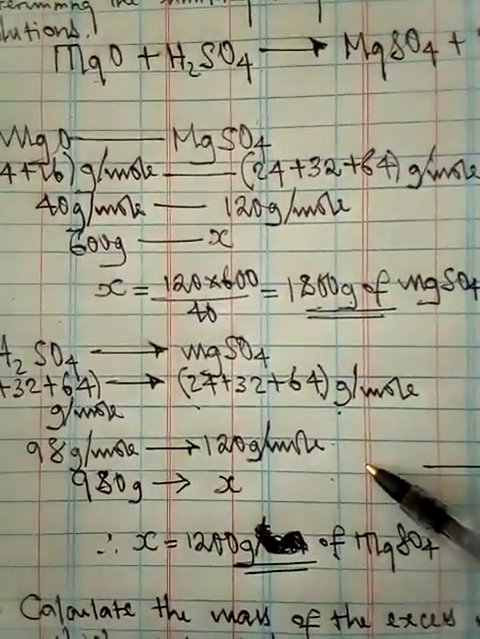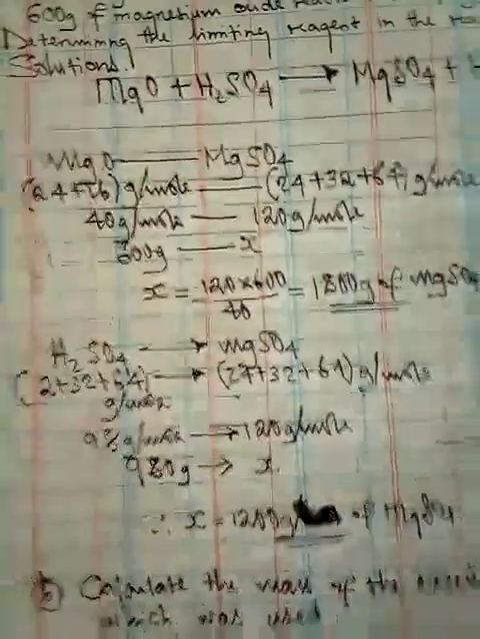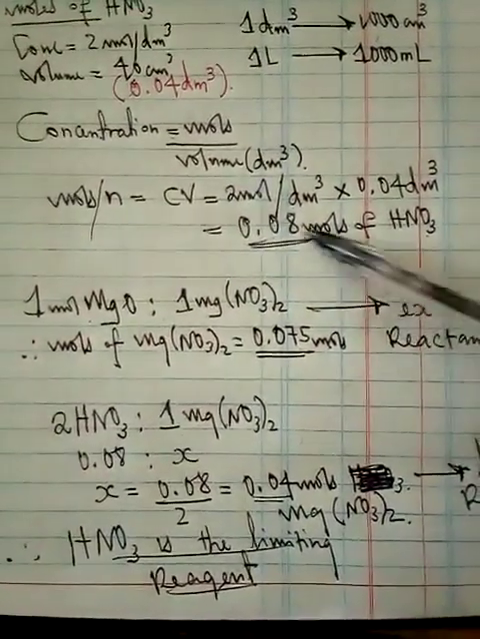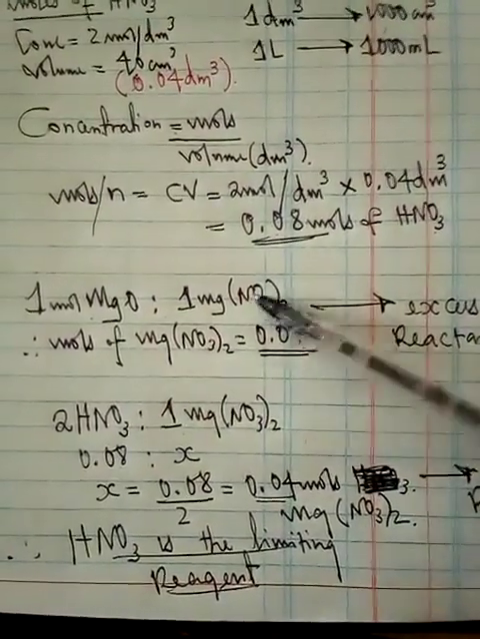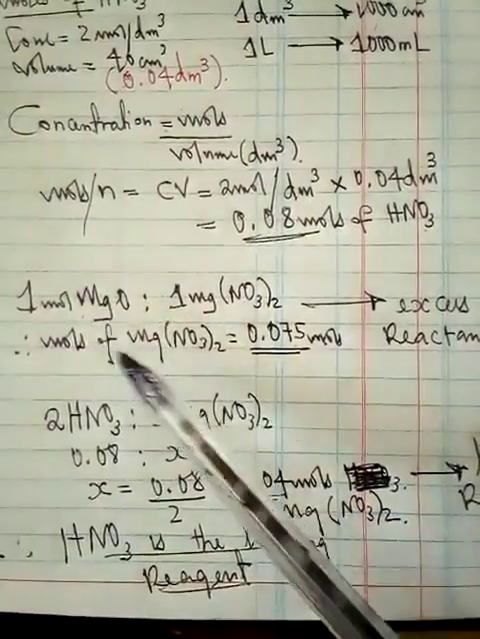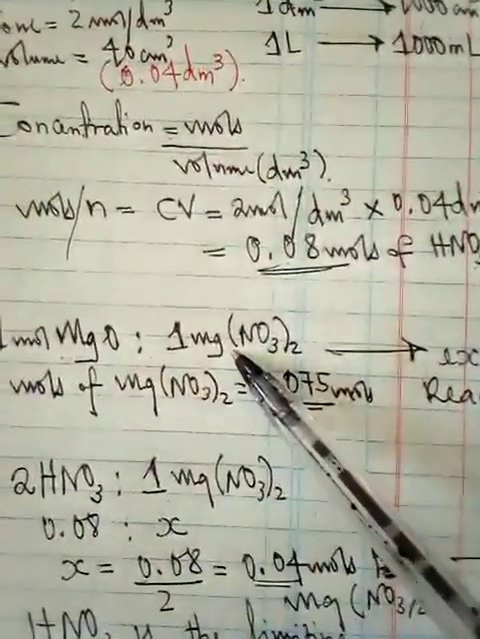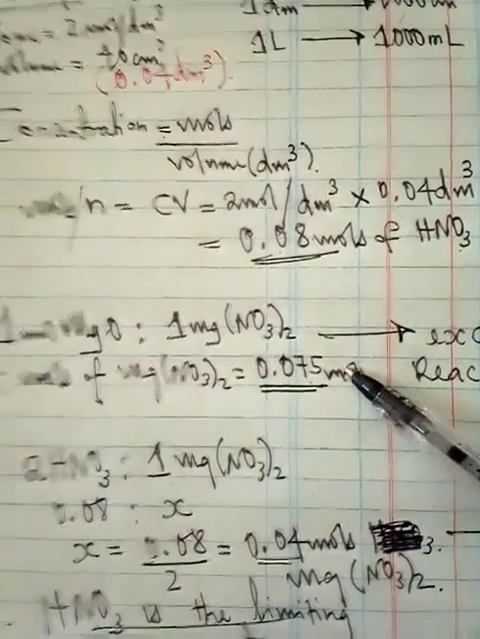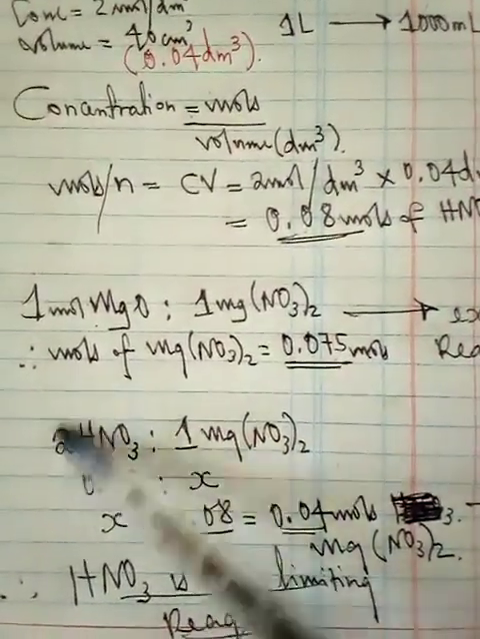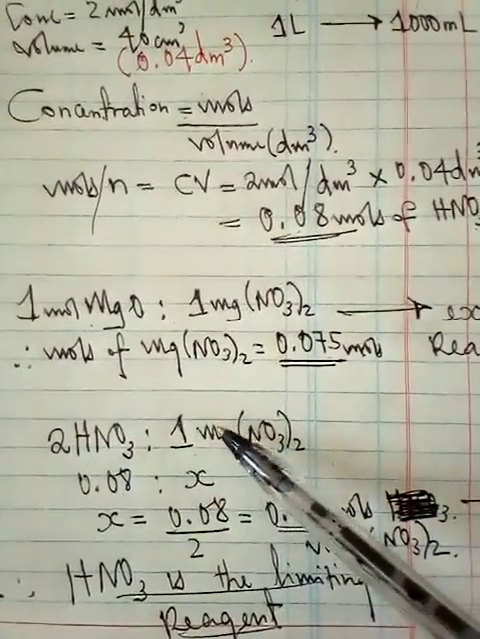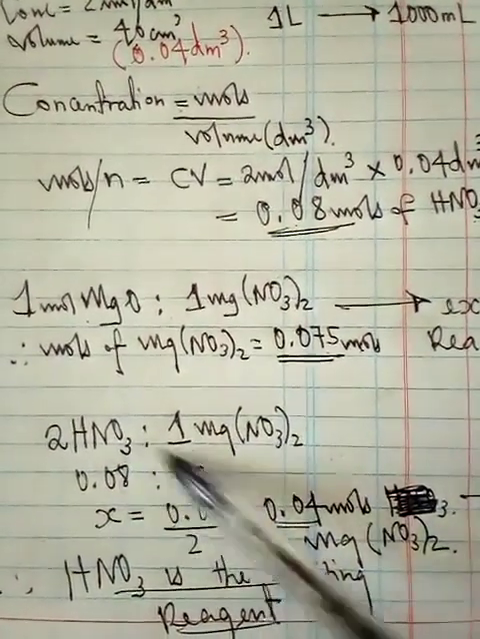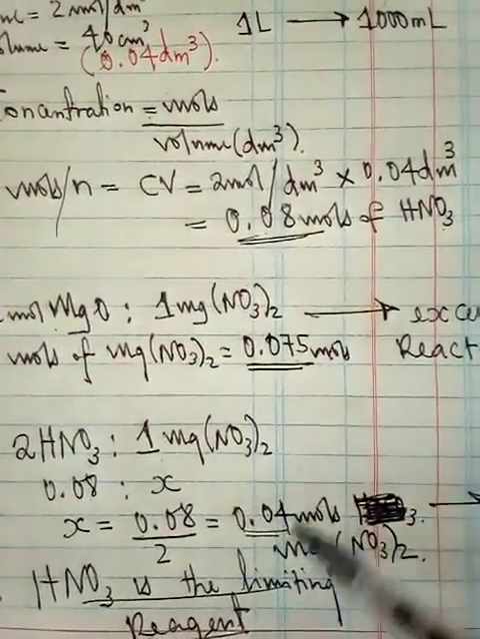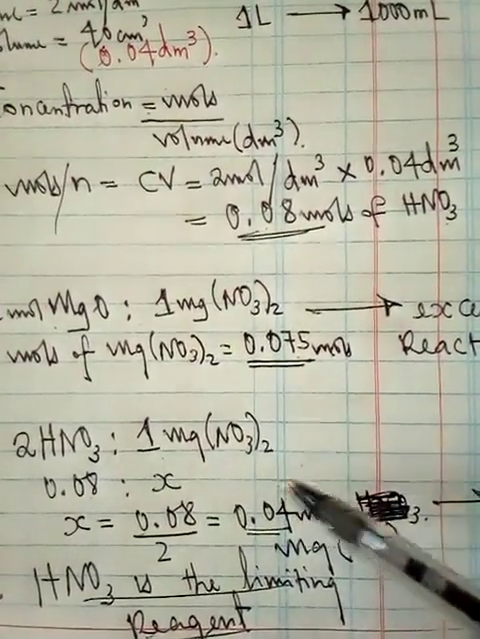Same here. Now, if you recall, just to take you back a little bit, in the previous video, notice that when we were using the mole method, we had used the number of moles of magnesium oxide to find the number of moles of magnesium nitrate, and we noticed that the value was 0.075. Again, we had also used the number of moles of nitric acid to find the number of moles of magnesium nitrate, which upon evaluating, we saw that the value was 0.04. And we noticed that